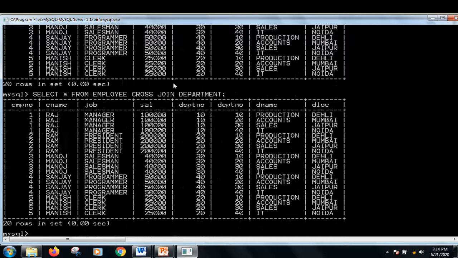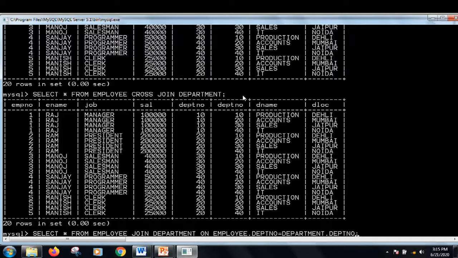Now this same join clause can be used to perform the equijoin also. In that case I will have to use the join word, and then I will put the condition here using the on clause. I write on, and then I use the common field between the 2 tables, department number, just as I was using previously: employee dot department number is equal to department dot department number.